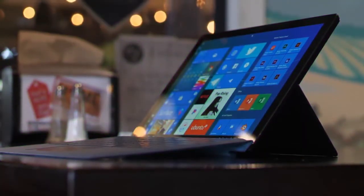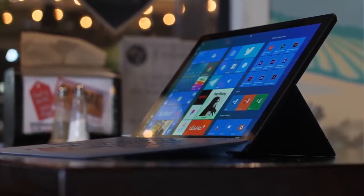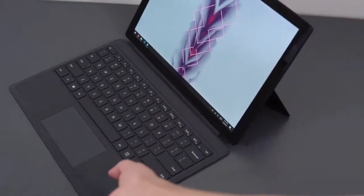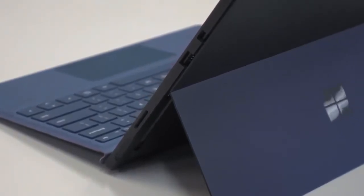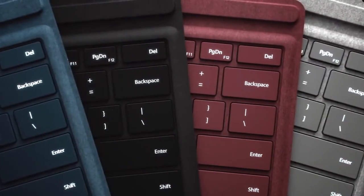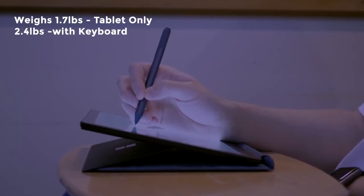Design-wise, like all of Microsoft's 2-in-1 range laptop-tablet hybrids, the Surface Pro 6 comprises a Windows 10 tablet with a kickstand and a 6-pin port, which lets you attach a type cover keyboard dock. You get 3 primary modes: tablet, laptop, and studio with the kickstand extended 165 degrees. The Surface Pro 6 weighs just 1.7 pounds as a tablet and is still very light at 2.4 pounds with the